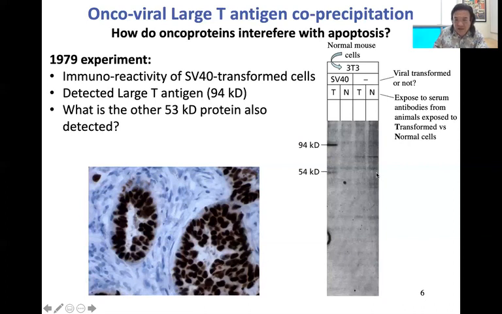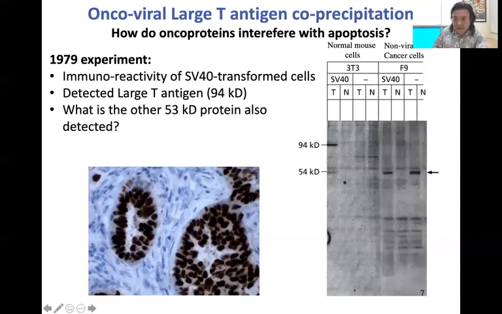So, is this a protein that is also from the virus? Or is this something from inside the cell that gets upregulated in response to being transformed? What's really telling is, what if instead of normal mouse cells as your starting point, you took a cell line that's already cancerous, but importantly, cancerous not because they were transformed by virus, but turned into cancer for some other reason? They got their mutations for some other reason. What if you looked at those?